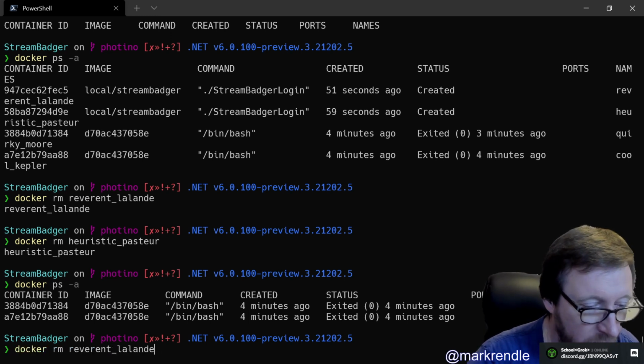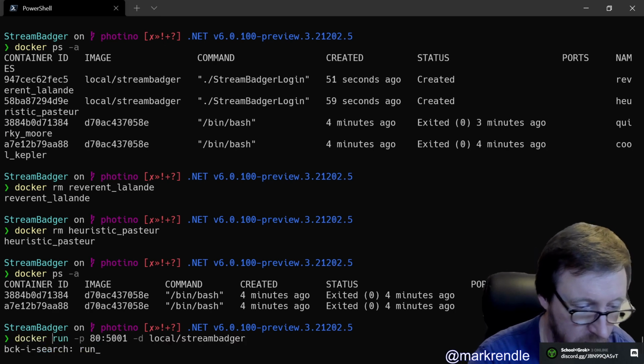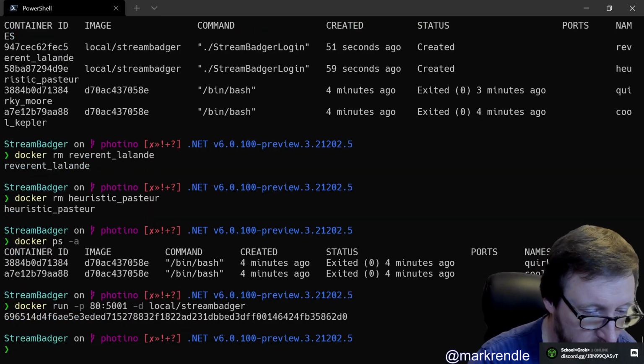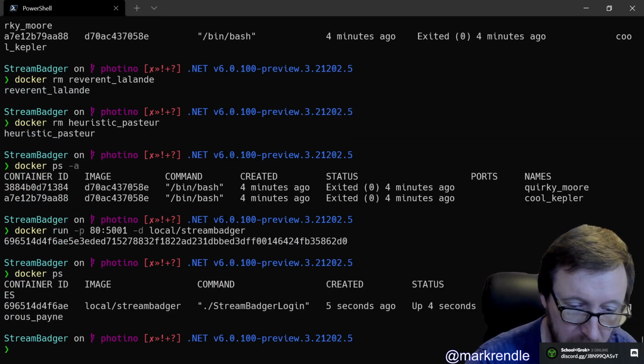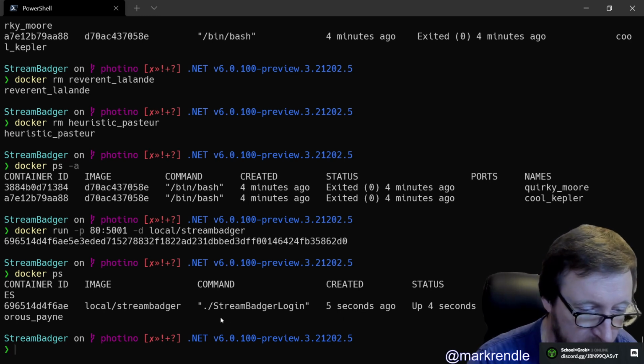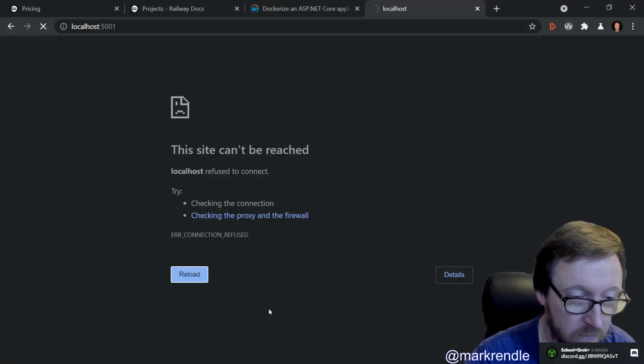Okay, and then we'll try run. Docker ps. So that's sending 80 to 5001 TCP vigorous pain, and that's doing that. And so if I go back to here,